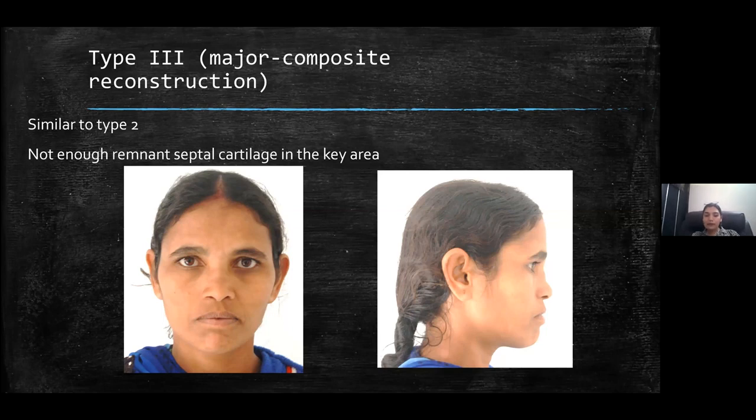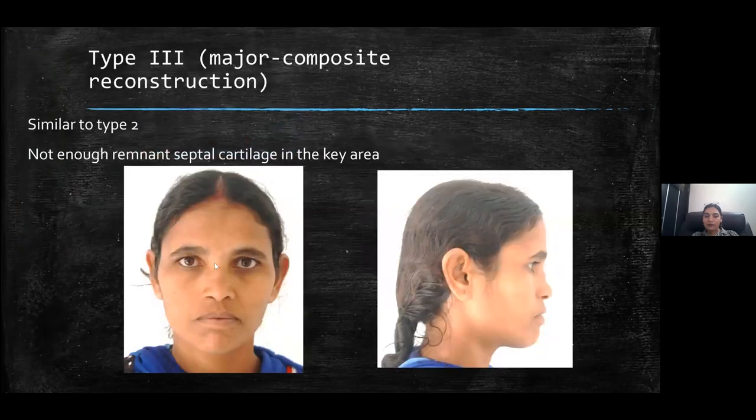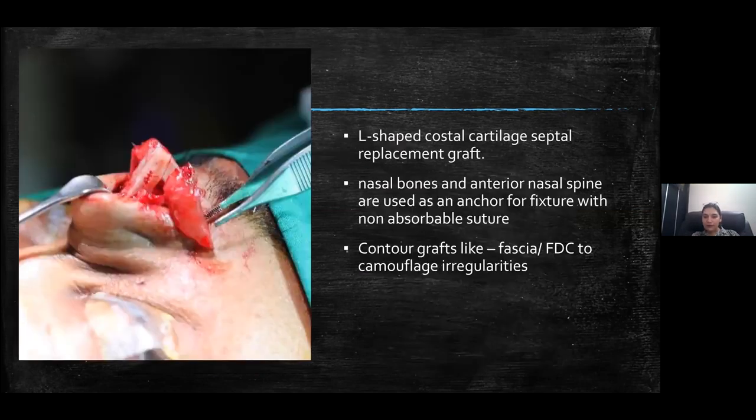Now, for such cases, if you see in this lady, she has a very broad nose with no dorsal aesthetic lines at all. Here, her bones are also a little bit depressed, not much, but the cartilage is totally splayed and depressed. And also there is lack of support to the tip. Now, in such cases, what you need is a very strong septal framework.